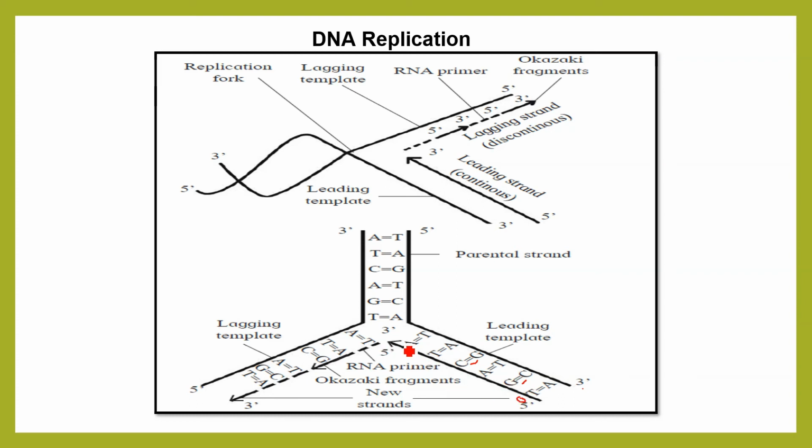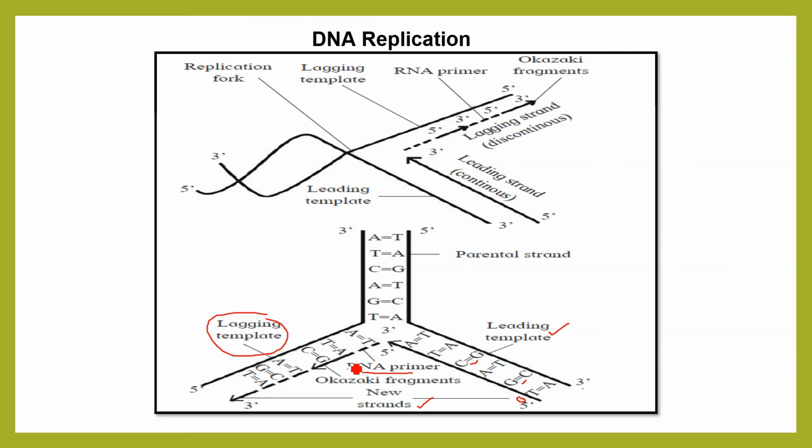And here the formation of the strand will take place very fast, and that's why it is called the leading template. And this is the new strand which is formed. Whereas if you talk about this lagging strand, or you can say this lagging template, any one strand on which the new strand is synthesized is called the template. This is 5 prime to 3 prime. Here you require an RNA primer, and this RNA primer is going to synthesize the new strand.